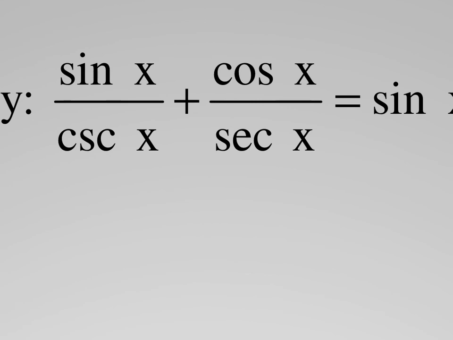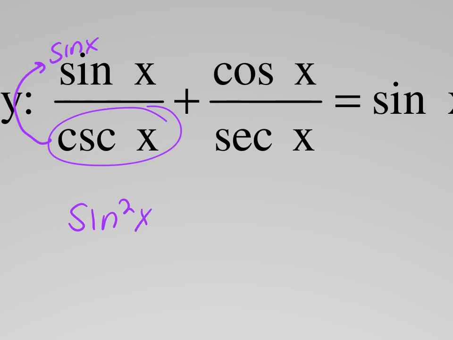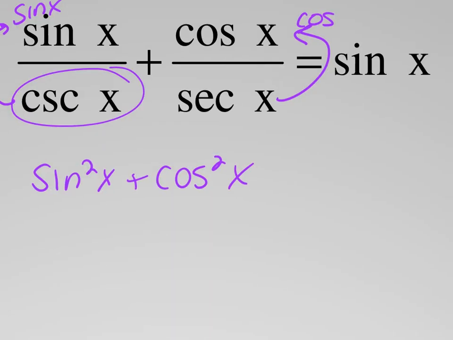When you're dealing with fractions that have reciprocal functions, not even reciprocal functions, any kind of function, you can actually move a function from the top to the bottom by making its reciprocal. So it's a shortcut, because normally I'd have to divide and then keep, change, flip and go through that whole process. But I can actually just move this to the top by making it sine. And then that becomes sine squared of x. Move this to the top by making it cosine. And that becomes cosine squared of x. And I get 1